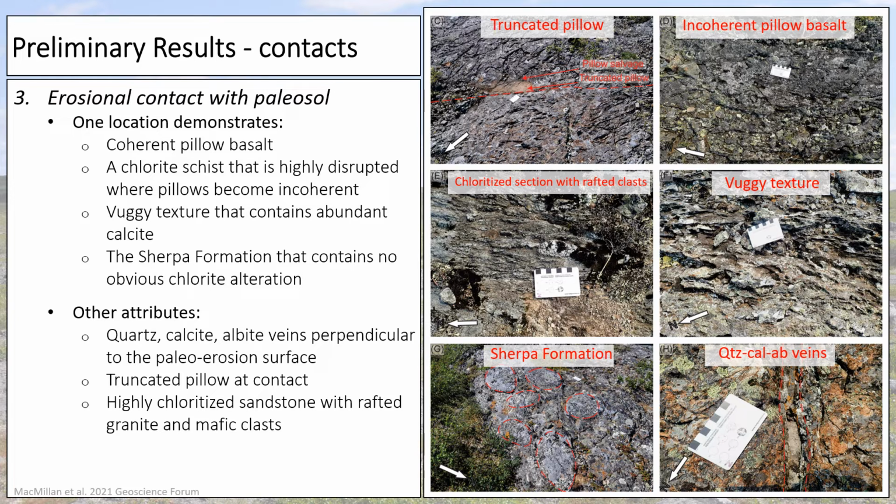And then lastly, the Sherpa Formation that contains no apparent chlorite alteration. And then in other locations, hypothesized to be close to the top of the regolith, a highly chloritized section with granite and mafic volcanic clasts floating within a chloritized matrix is present. The chlorite alteration is hypothesized to have formed from intense chemical weathering, and then a fluvial system possibly came through